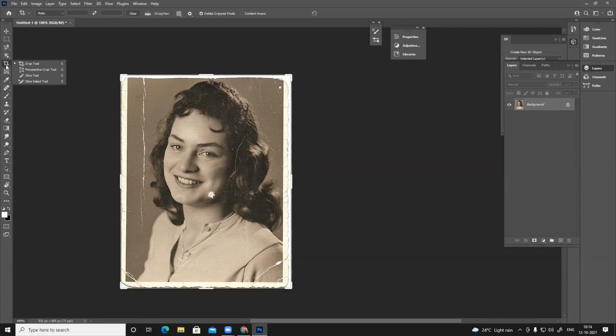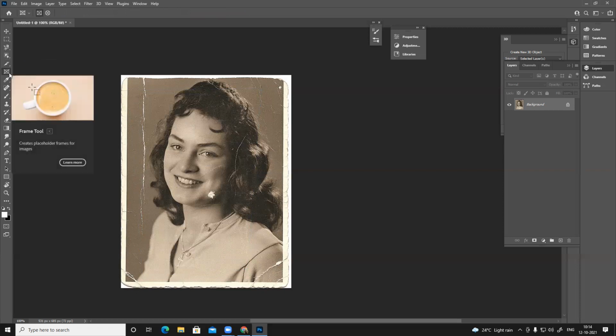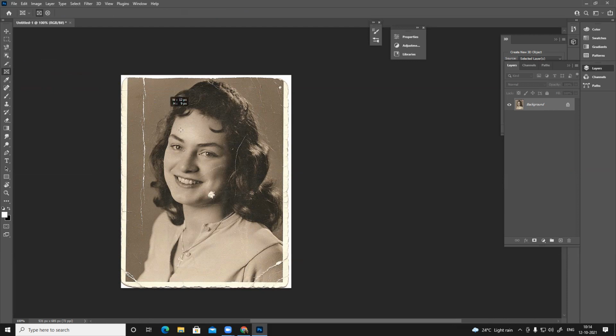Then one more thing is slice. Suppose you want to cut something. Then you have this, again same as selection. Based on any image, you select those areas. Then you have the dropper to pick any color, so plus color, minus color, all those things are there.